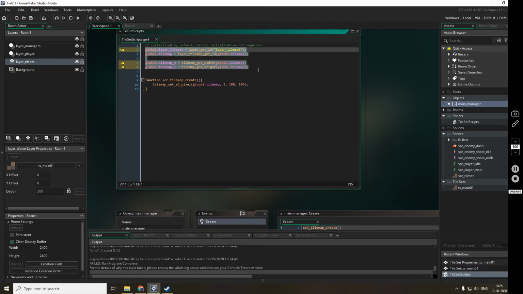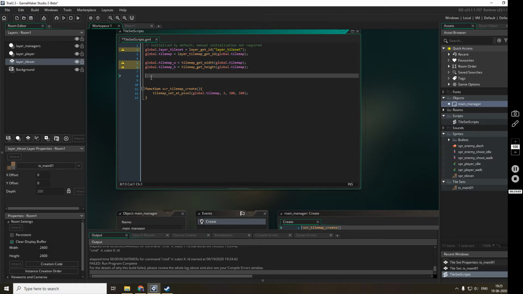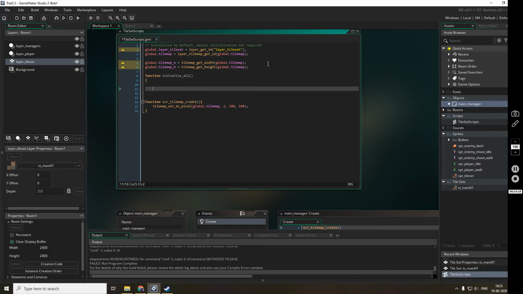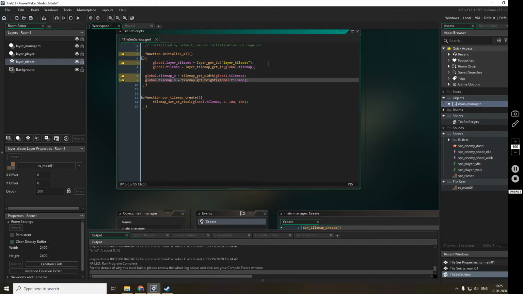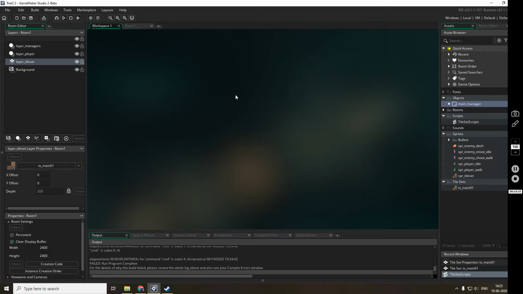Maybe what I'll do then is create a manual function, initialize all, and inside this I'll declare these global variables. Since these variables are global, they can always be referred from anywhere. Yes, so I have declared the global variable.